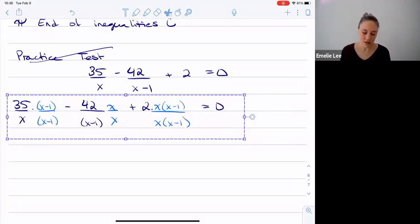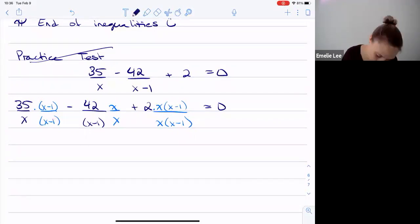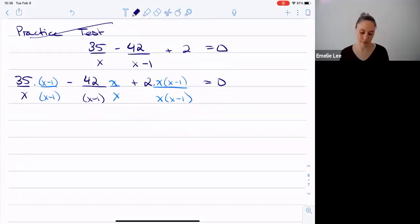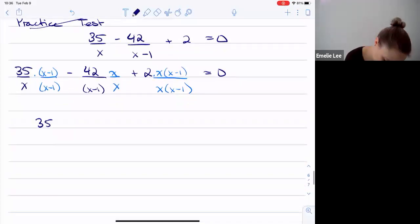So what I can do is expand the numerators and simplify, putting it all over this common denominator. So what I have is, I'll expand it out. 35 x minus